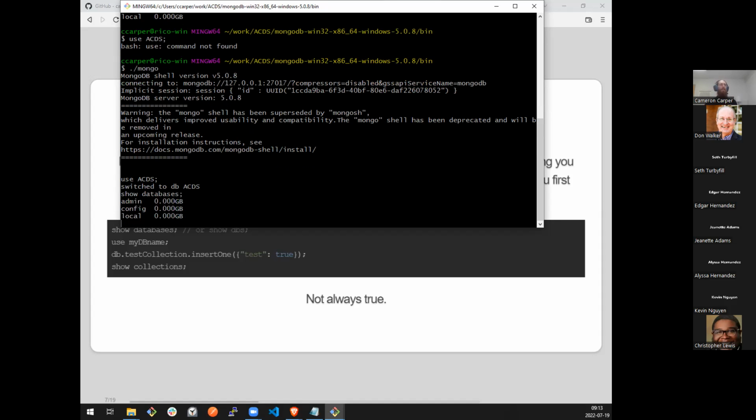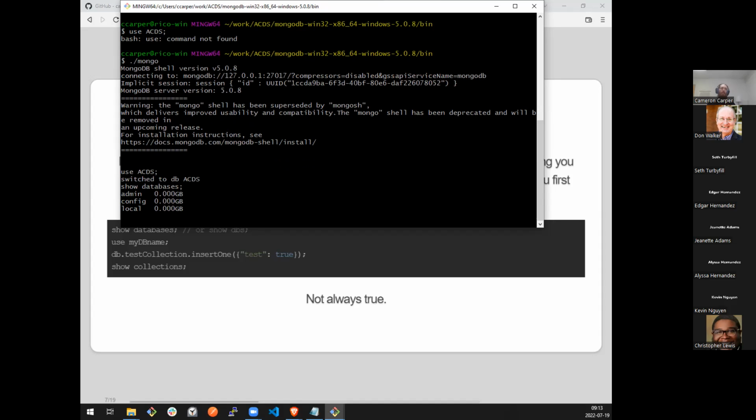like we did earlier, you'll note that there is no database for ACDS yet. How can that be, since we just switched to a database named ACDS? The way this works is that, in development mode, it will create databases and collections for you when you write data to them. So while I am using a database named ACDS and Mongo is perfectly happy for me to do that in memory, it doesn't truly exist on the file system yet. That won't happen until I actually create a collection or insert into a collection. Once that data needs to be written to the file system, it will truly be created, and then it will show up in this list.